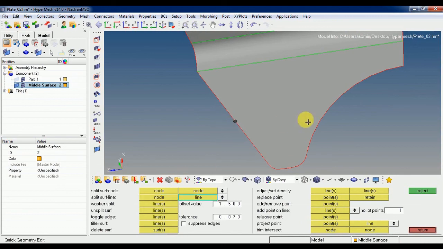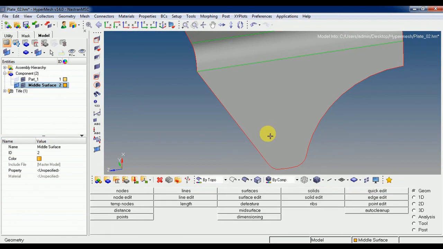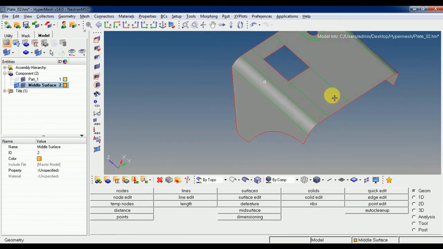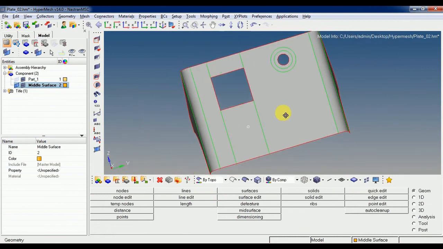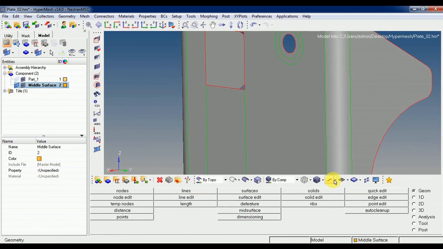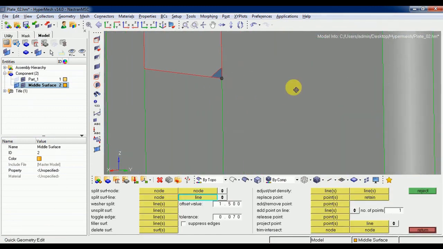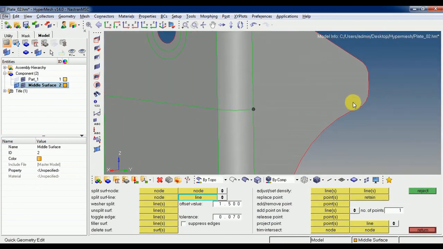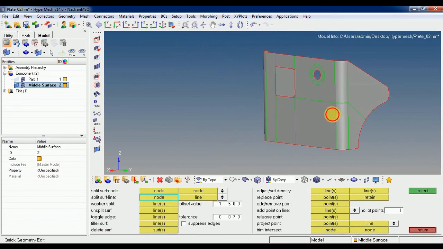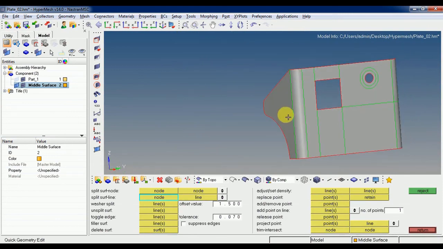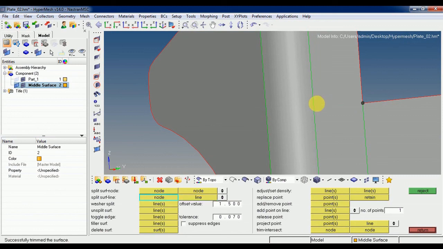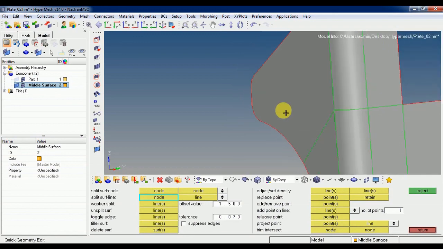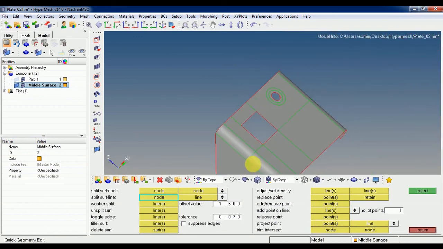Making this type of splitting, you can control the mesh area or mesh flow. Just see how I will do this one. It's a very basic method to do the meshing. So we will go with it. Same thing, I will split here also. Okay. Now go with the